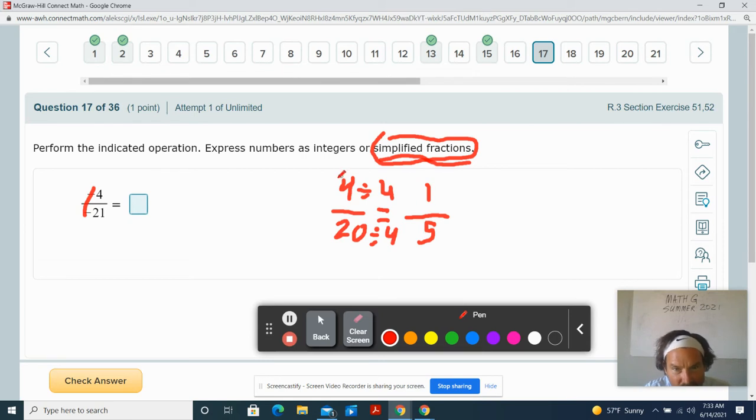I know 4 goes into 4. I know 4 goes into 20. And as long as you have a number that goes into both the numerator and the denominator, you can divide it. Okay, nothing goes into 4 and 21. So what we're going to do here is